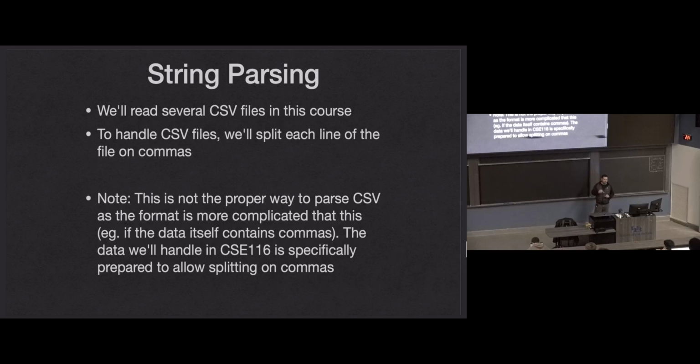The way the format does it is if a value contains a comma, it'll surround that value in quotes. So when you find a quote, you're entering an escaped state, and your commas are part of the value at that point. And then when you see another double quote, commas go back to meaning separating values. So that's the way the format actually handles it. So the choices were either have you write a parser that looks for the quotes and escapes commas based on the quotes and validates the CSV format, which Paul and I decided that's way too much tedium to put you through.